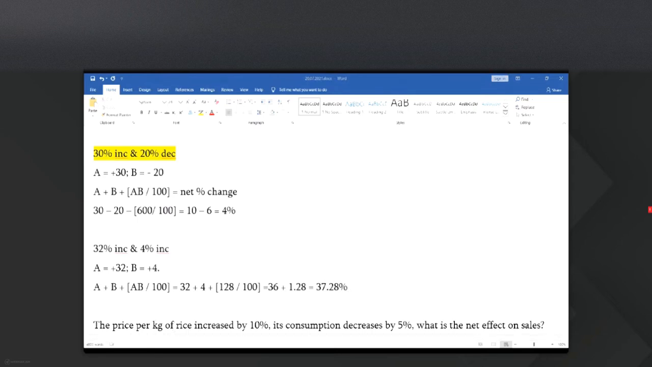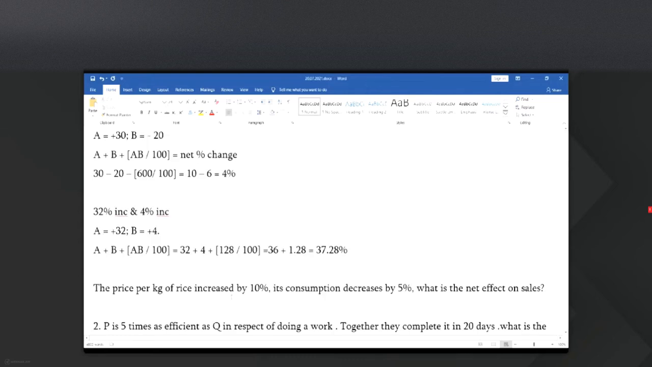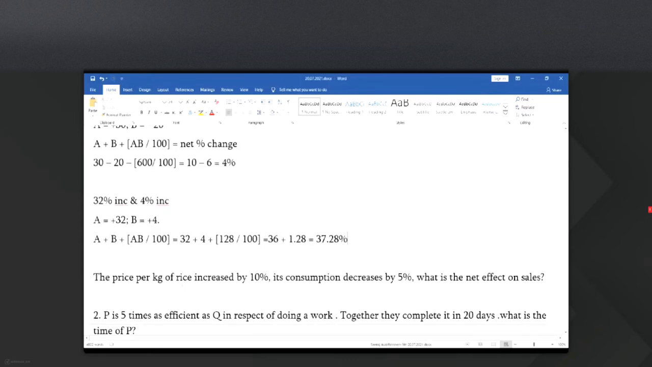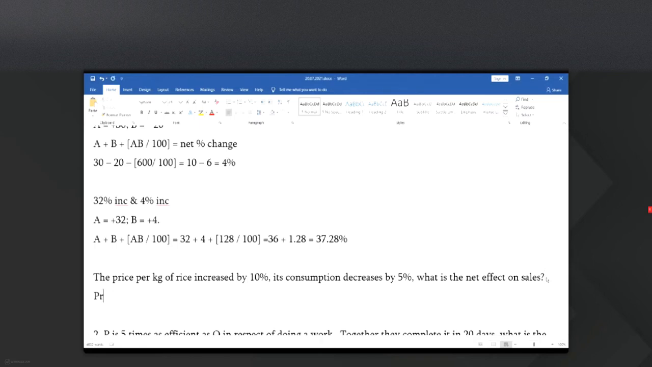Having said that, we'll look at this question. The price per kg of rice increased by 10%, its consumption decreased by 5%. What is the net effect on sales? Now, if you want to understand this question, you have to understand the relationship that price per kg multiplied by consumption